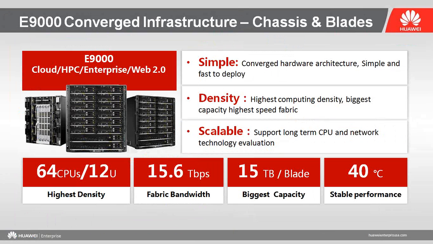We really focused on simplicity of the converged hardware architecture, making it simple and easy, fast to deploy, but at the same time providing for high-performance, high-density computing with high-speed fabrics on the networking side, really, to give the scalability and support multiple generations of CPU architectures at the same time as being able to evaluate new networking technologies as they come along. So, we're talking upwards of 64 CPUs in a 12U chassis, a huge fabric bandwidth on the backplane of 15.6 terabytes, non-blocking,